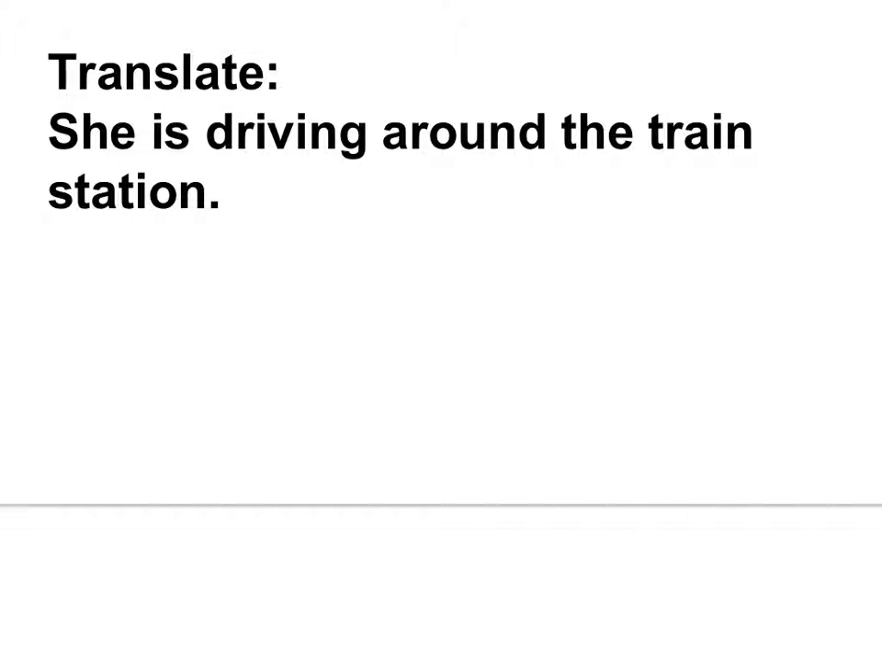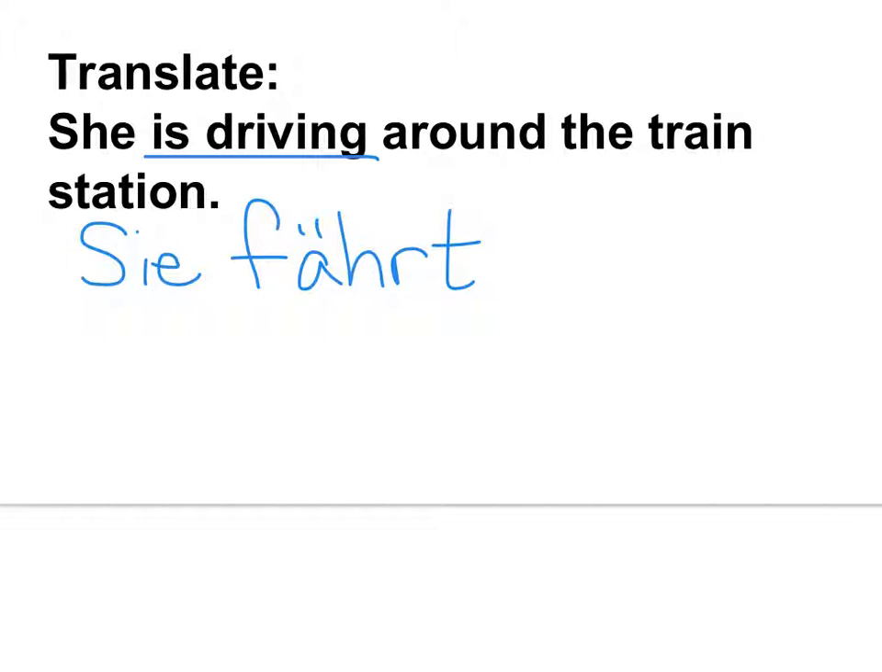Alright. She's driving around the train station. First word. Sie. Then what? Close. It's irregular. Add umlaut. Fährt. Okay. Sie fährt. Would you mind if I sent a picture of that to Laura quick? Because last year in German, she said train station instead of homework. Sure. Sie fährt